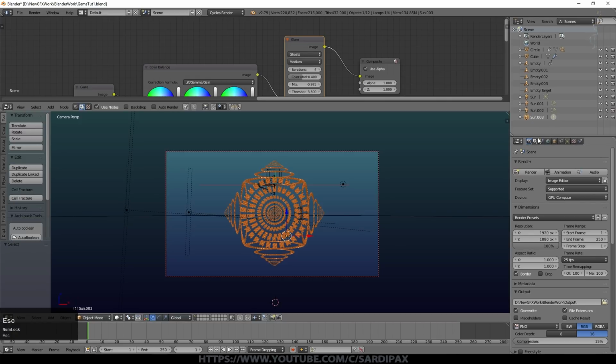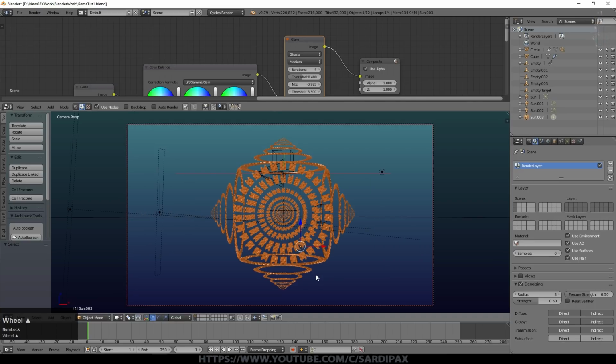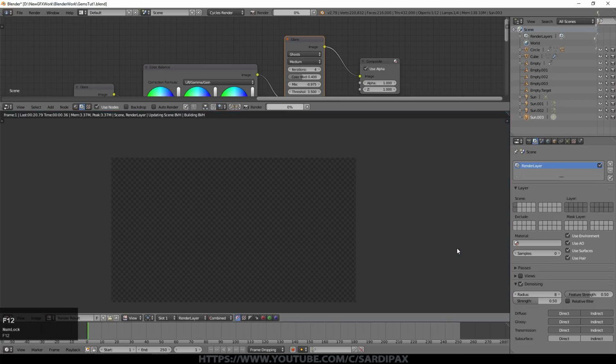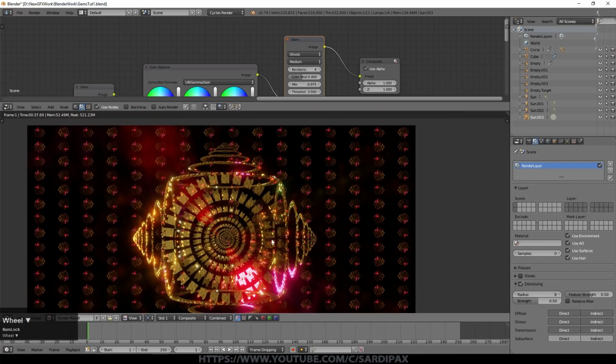I also denoised mine. So if we come into here, we can switch on denoising, and I just used all the basic settings. I didn't change those at all, but you don't really need subsurface. If you've got any diffuse materials in there, you will need the diffuse shader, but you don't really need subsurface unless you're using a very different material than the one I'm using. So if we give that a render, it's just because of the size of the light that we're getting that big pink section there, and you can just play around with those as you want.